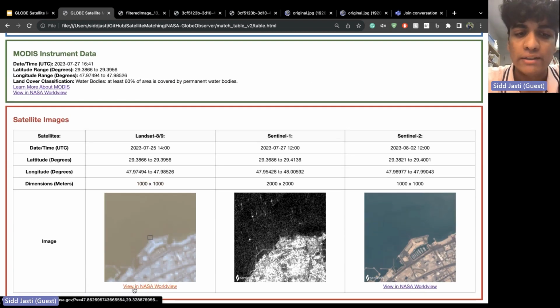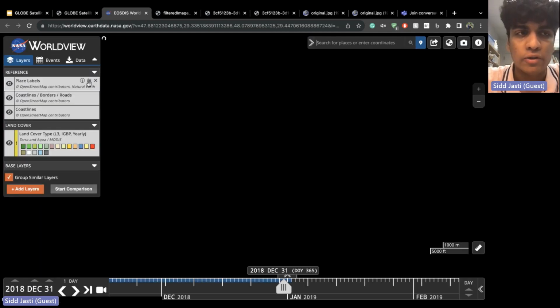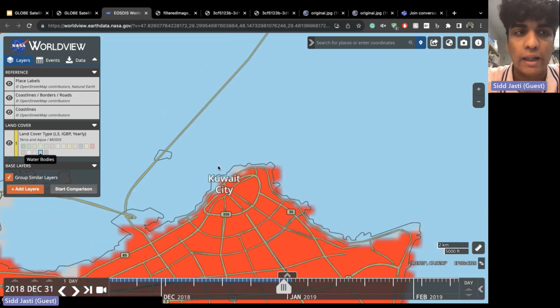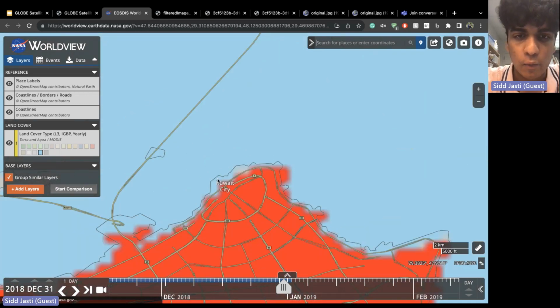And I touched upon the NASA Worldview links earlier, but one of the great things about this table is that we provide this NASA Worldview link. I'll start with MODIS. Go and click on it. It'll bring you to Worldview, which is a great tool. This is a good thing to include in the table because, especially before this internship, I wasn't familiar with Worldview. I'd never heard about it before, but it's a really cool tool to look at a lot of data sets.